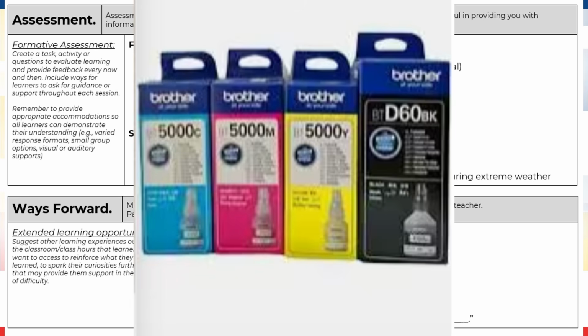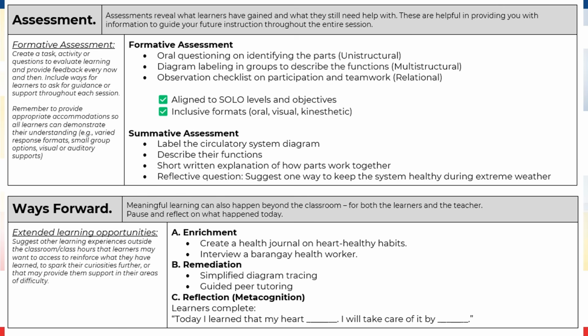Enrichment for our advanced learners. They can create a health journal on heart-healthy habits, or they can interview a barangay health worker. For remediation, we have simplified diagram tracing of the circulatory system and guided peer tutoring. Then for the learners' reflection or metacognition, we have a short paragraph. Today I learned that my heart is blank and I will take care of it by. So that's